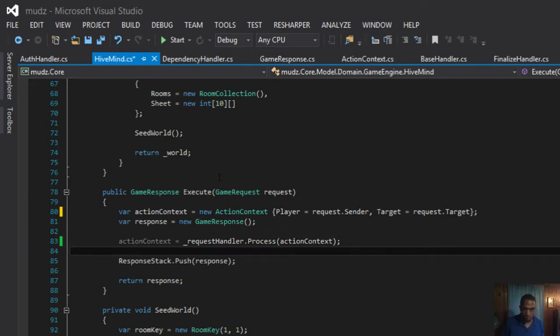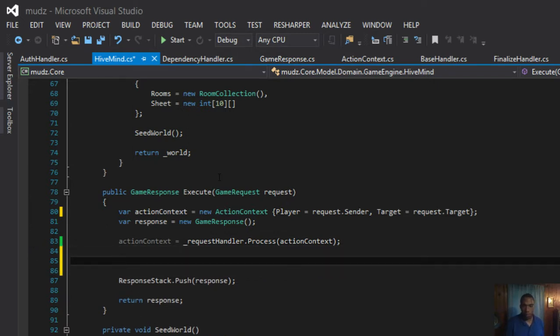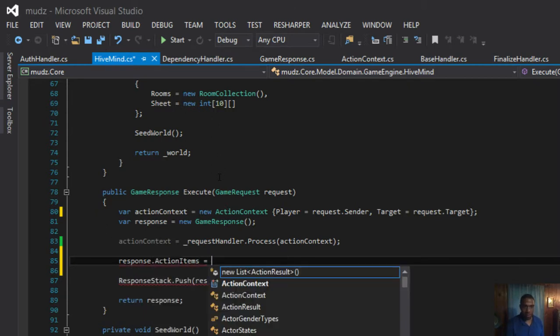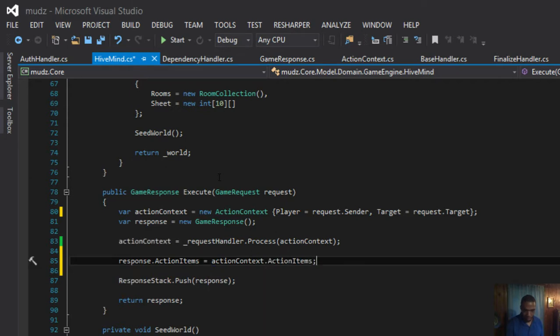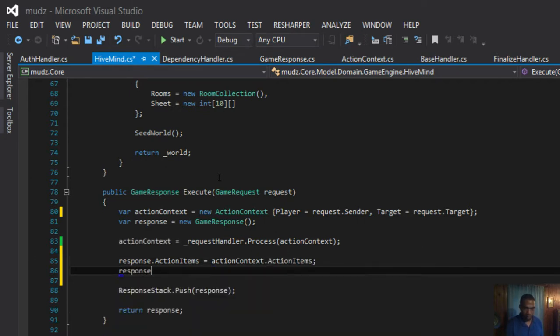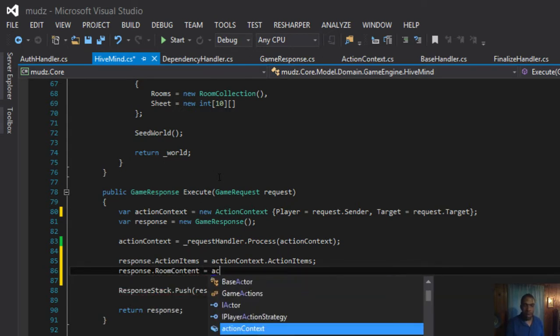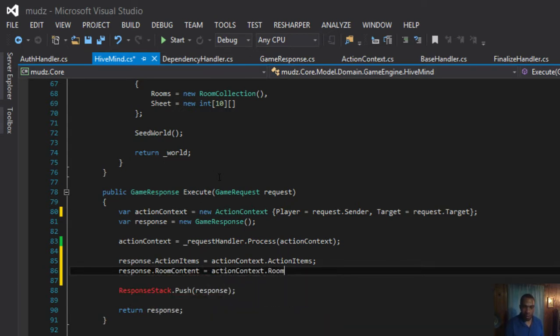we can take our response.action items equal to action context.action items, response.room content equal to action context.room.